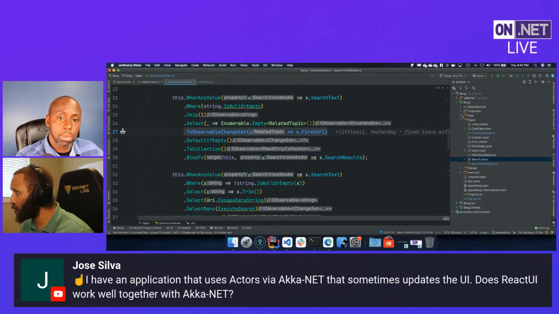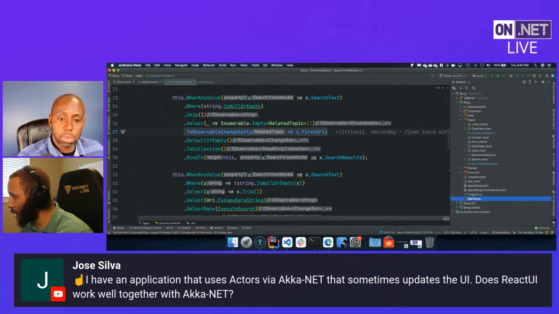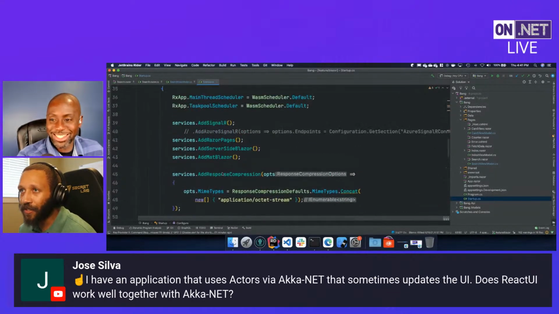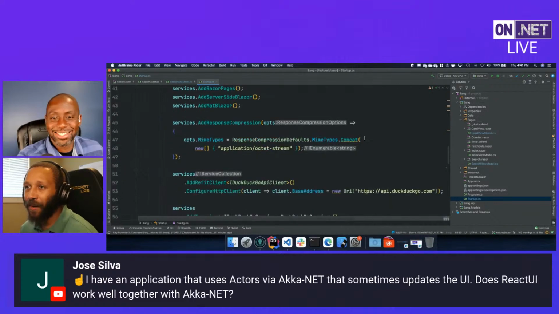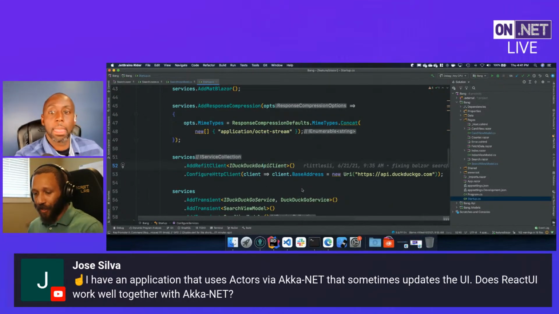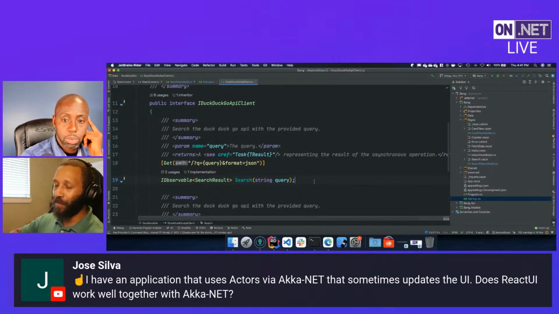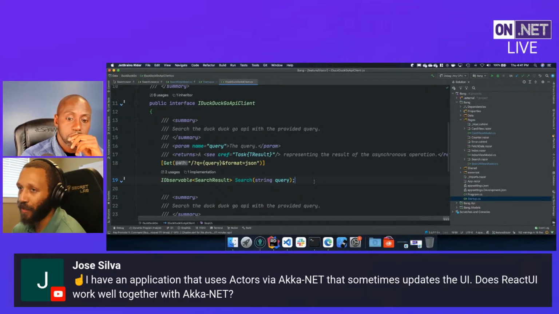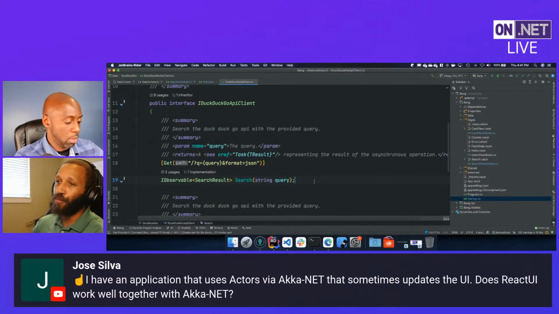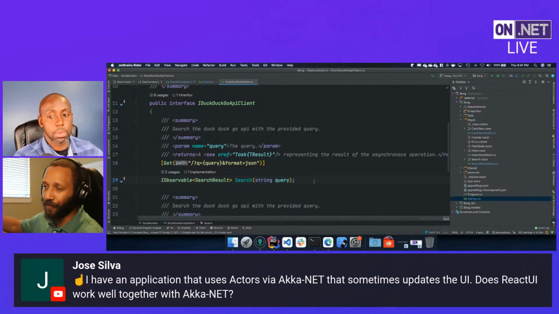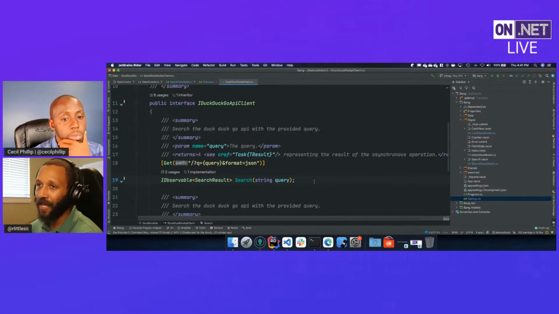You saw that we were using Refit. One of the cells here, if I can reason about my own code at the moment, it has been a day. Let's see. Yeah, so here we go. I'm using this IDuckDuckGo API client, and you'll notice that this is just a Refit client. I want to shout out to the folks that originally wrote Refit and Claire, who maintains Refit. Claire Novotny, who is the executive director for the .NET Foundation, maintains